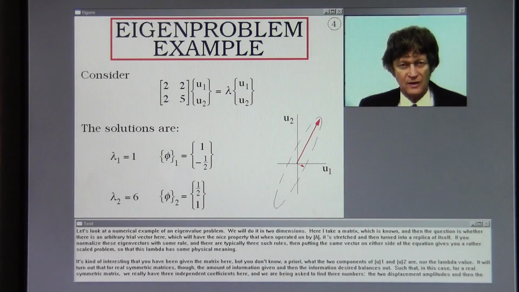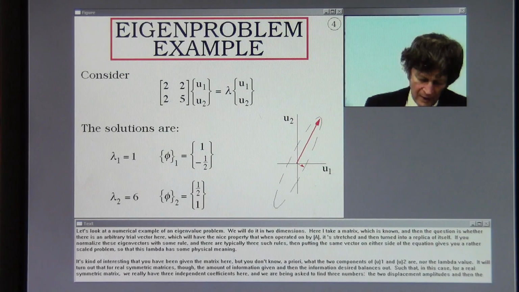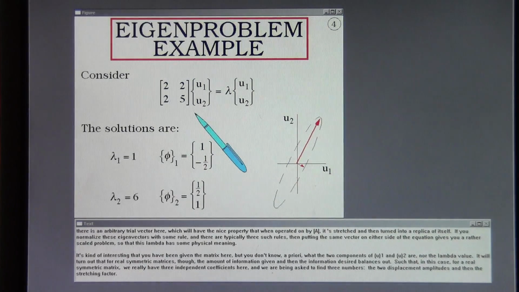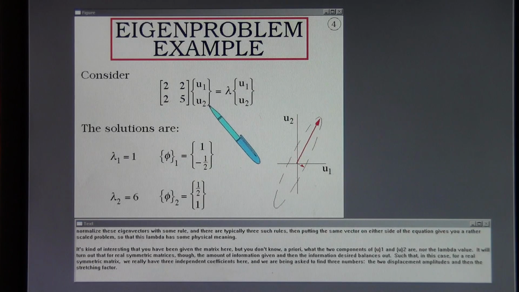Let's look at a numerical example of an eigenvalue problem. We'll do it in 2 dimensions. Here I take a matrix which is known, and then the question is whether there's an arbitrary trial vector which will have the nice property that when operated on by A, it's stretched and then turned into a replica of itself. If you normalize these eigenvectors with some rule, and there are typically 3 such rules, then putting the same vector on either side of the equation gives you a rather scaled problem such that this lambda has some